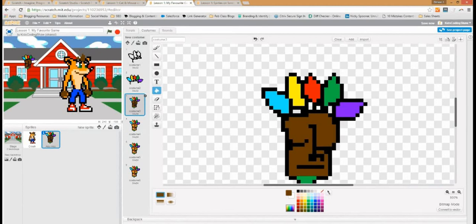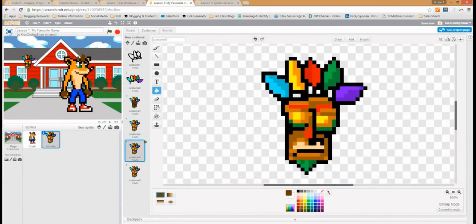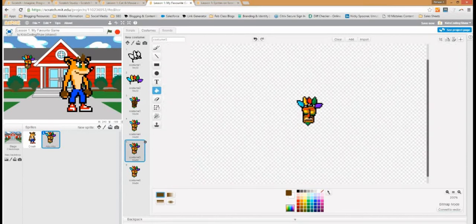And we can see he's starting to form. Then of course you add in the little details for his face, maybe add some shading in as well. And now finally we have our Akuaku Mask, which is ready to go. The only thing is he's a bit small, so now we can see this select tool here, and we can